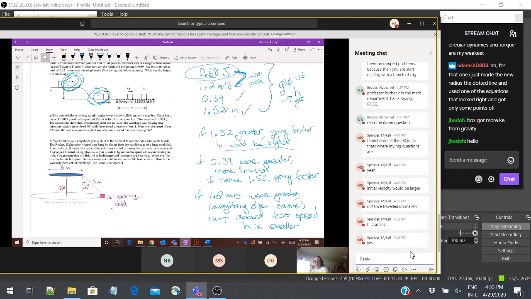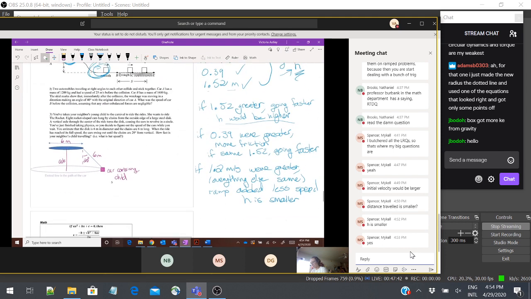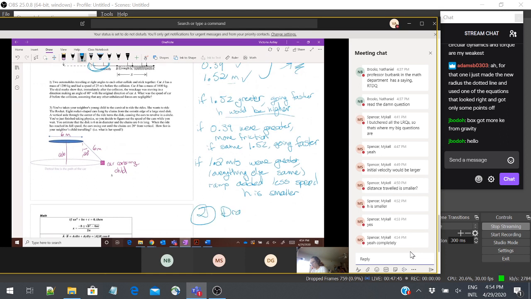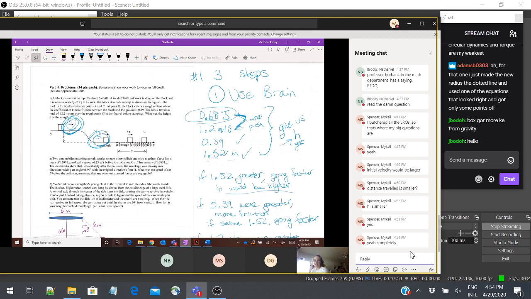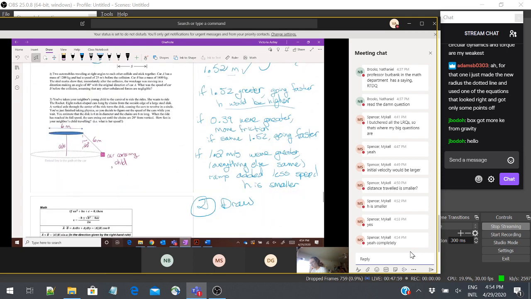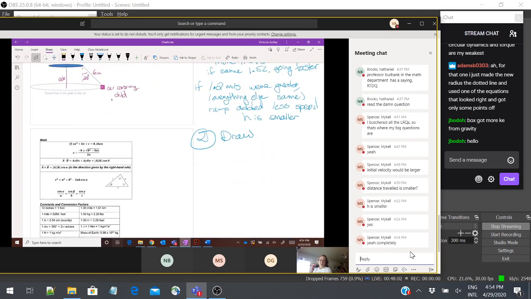Do you think this is a helpful way to organize how you're thinking about the problem? So our next step would be to draw a picture or a free body diagram. We already have a beautiful picture. Do you think we need a free body diagram? It never hurts to draw one. But we have some different stuff going on.